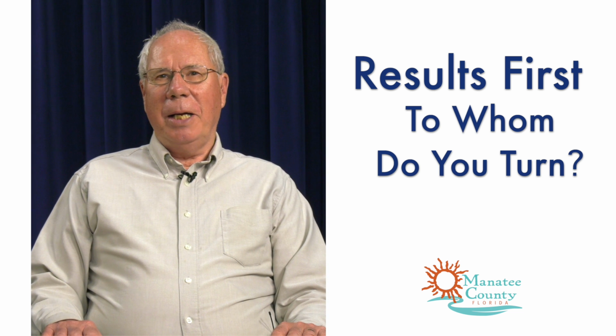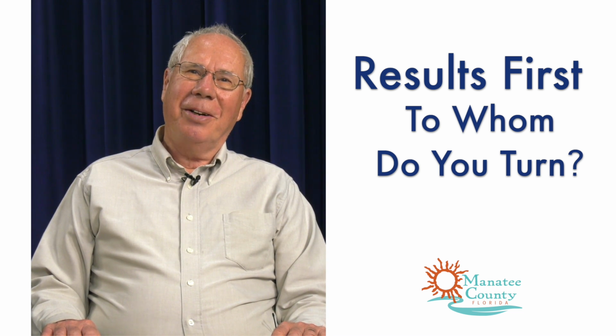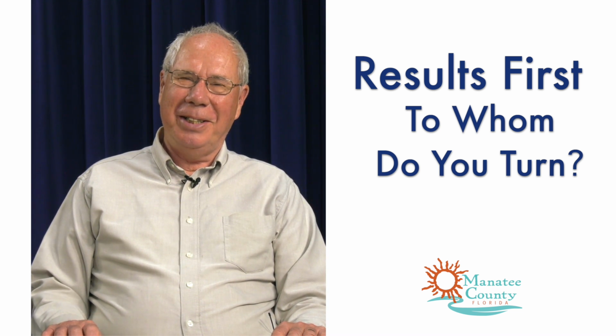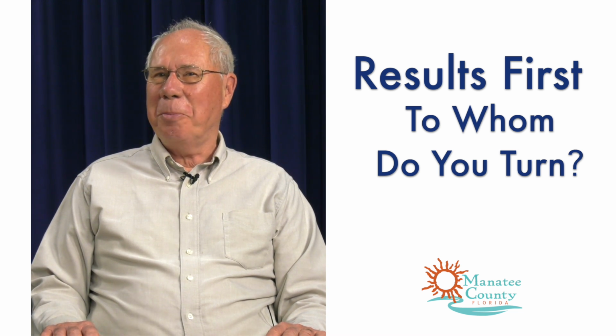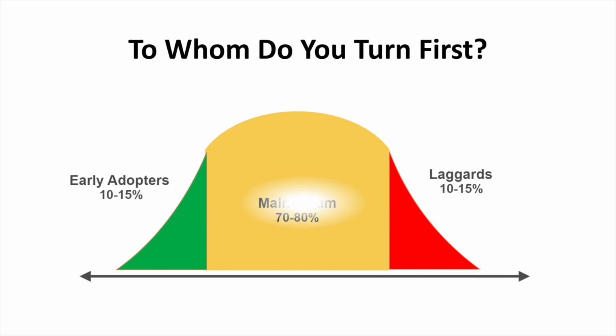It turns out that a man named Everett Rogers, I believe in the 1950s, came up with what was called the diffusion of innovation curve. And he took a standard deviation or distribution of people, and he said, hey, there's three kinds of people when it comes to responding to change. I've got 10 to 15% who are early adopters. They'll go first. They may not have had the idea, but they'll be the first to try it.